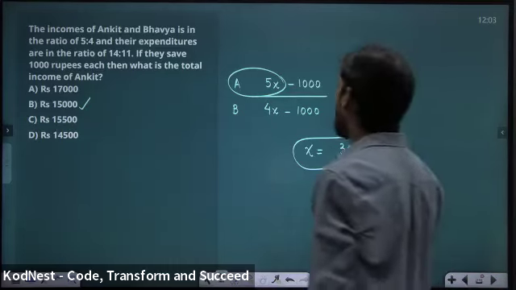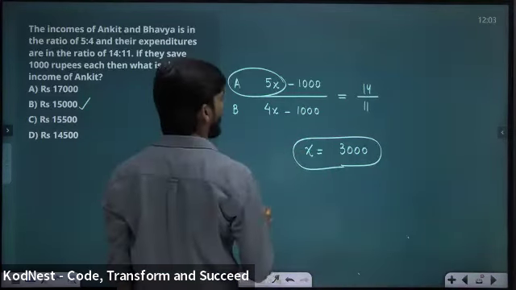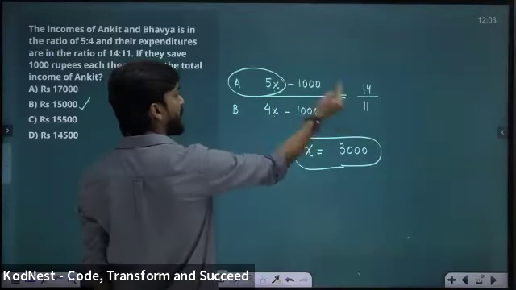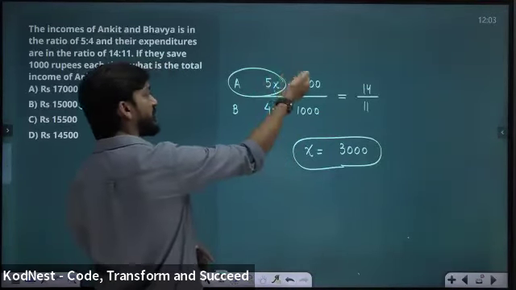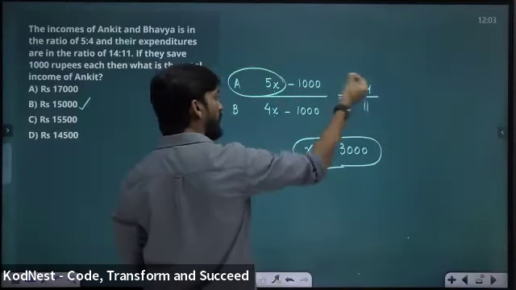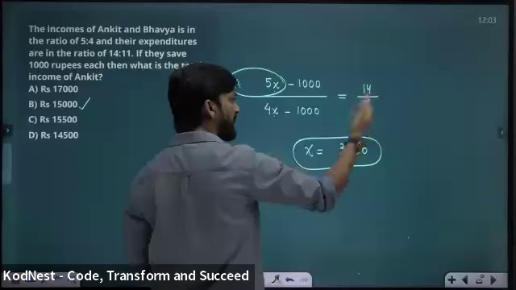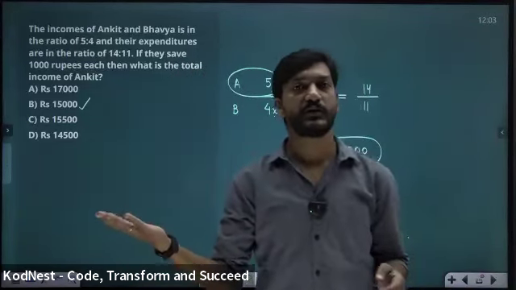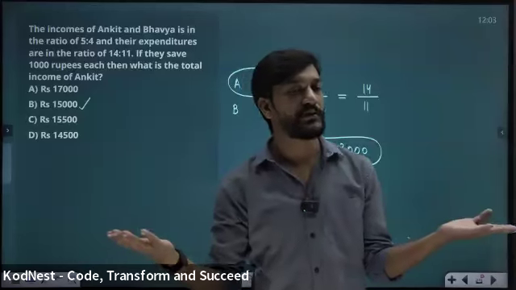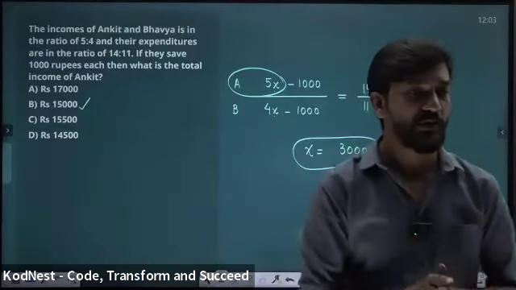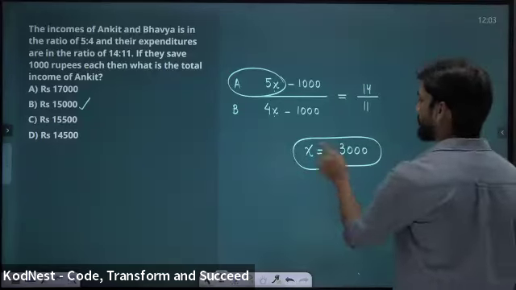Just giving you one idea of how we can directly solve. Only see the x part. So this 11 will go there, so 55x on the left side. This 4x will go there, so 14 into 4, 56x on the right side. What is the net value? 56x on one side, 55x on the other side. What is the net value? X.